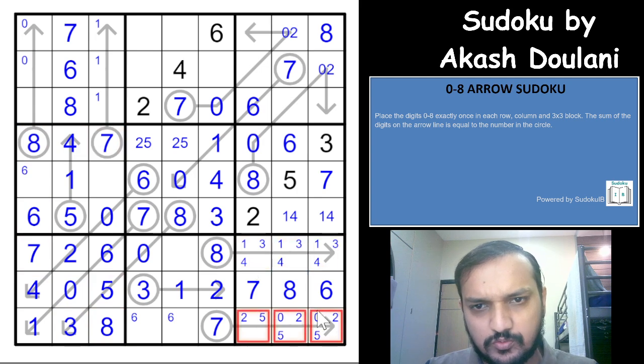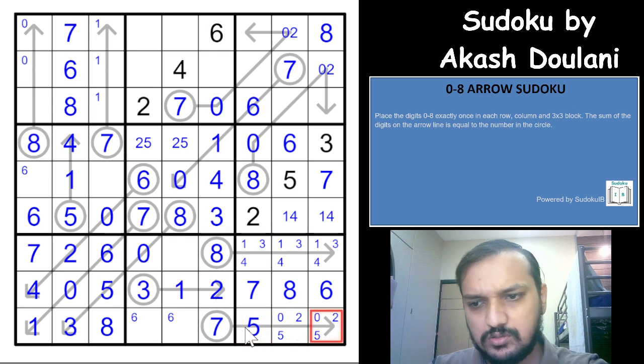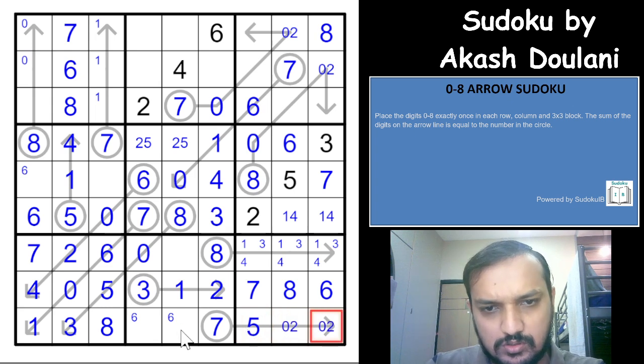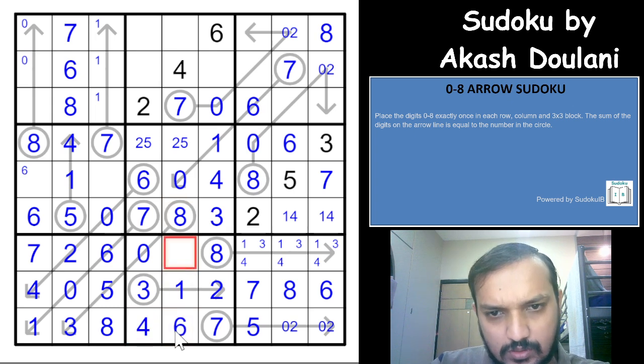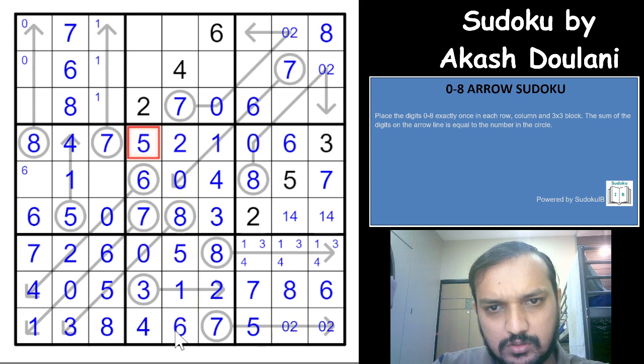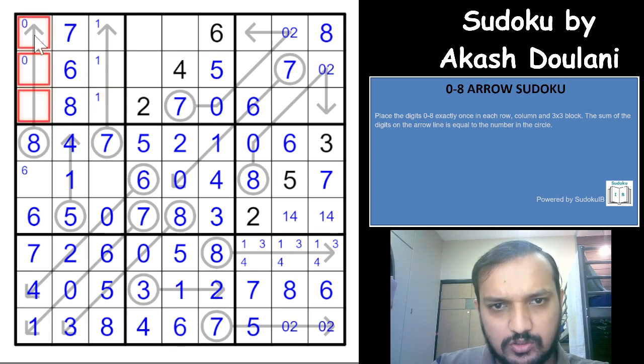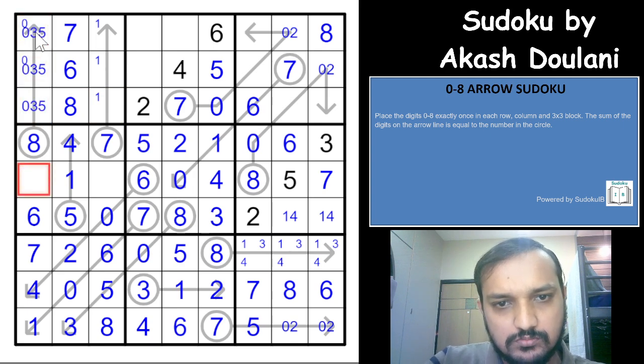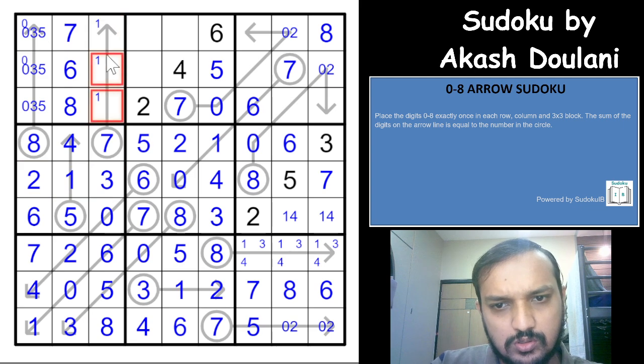It's 1 3 4 0 2 5, so this is a 5, that is 4 and a 6, this is 5 2 and a 5, that is a 5 here, so this would have to be a 5, 0 5 and 3, right? 0 3 and a 5, so this is 3, that is 2, this would be 1 2 and a 4,